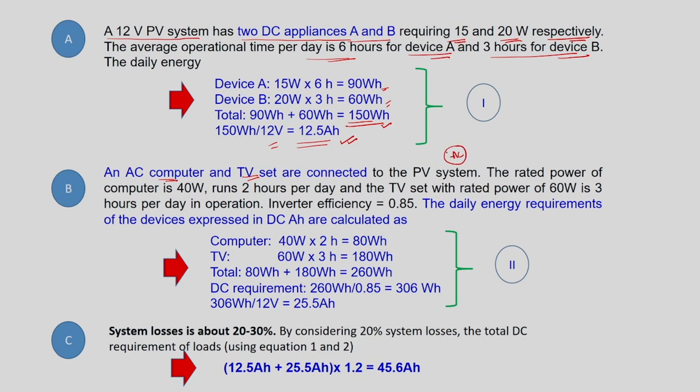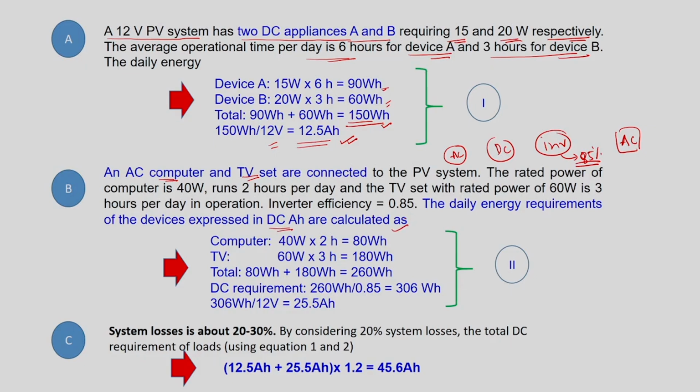Okay. So, if we consider an inverter, in order to have AC we need an inverter from DC. And we need to know what the efficiency is. Let us consider the efficiency of this inverter is 85%. Under this condition, the daily energy requirement of the device expressed in DC ampere hour can be